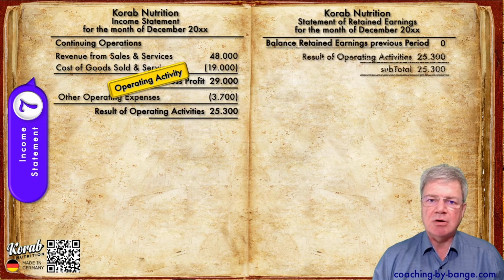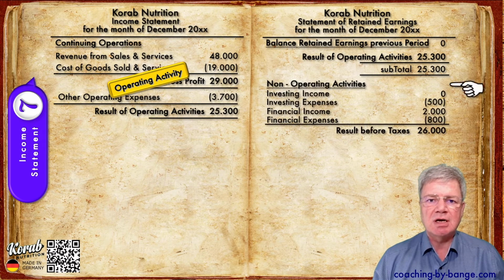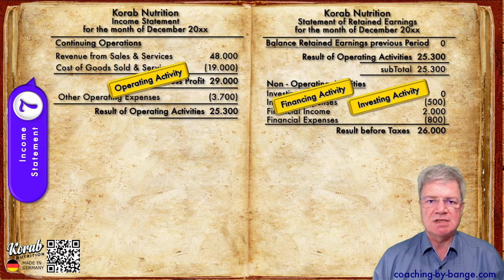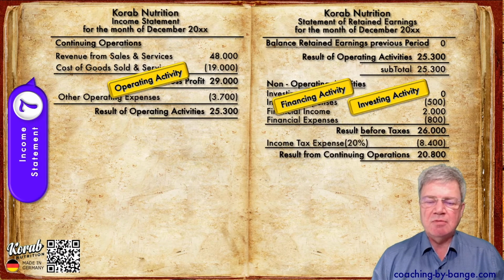Now we add our results from operating, which we figured out in the income statement. And from this subtotal, we now subtract and add all other expenses and income from the financing activities. Then we get the result before taxes. Taxes are assumed at 20%. We subtract the taxes and we get the result after taxes from continuous